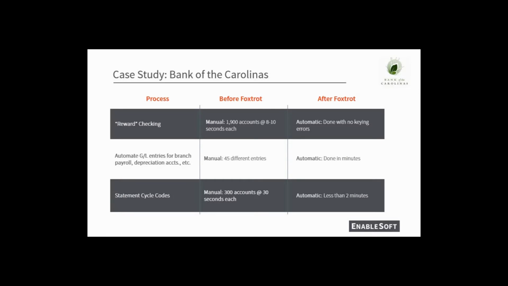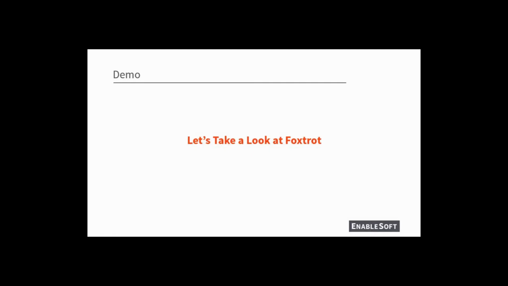One of the major things I use Foxtrot for is a reward checking program where if a customer meets certain requirements, say they use like 12 point-of-sale transactions, they have e-statements, and they have automatic draft, then if they meet the requirement, they get a certain interest rate. If they don't, then there's a debit adjustment made to their accounts, and we usually have, there are about 1,900